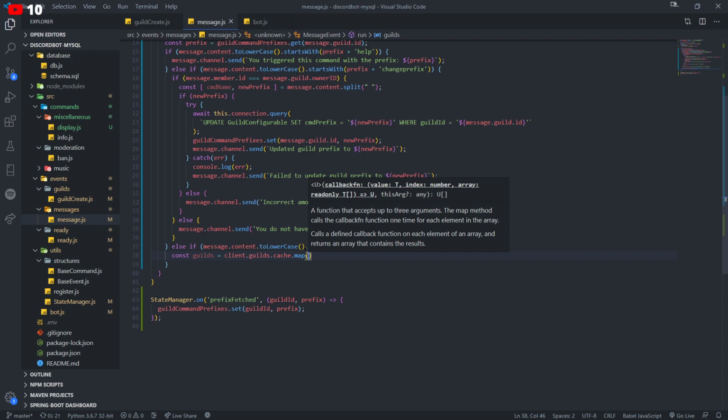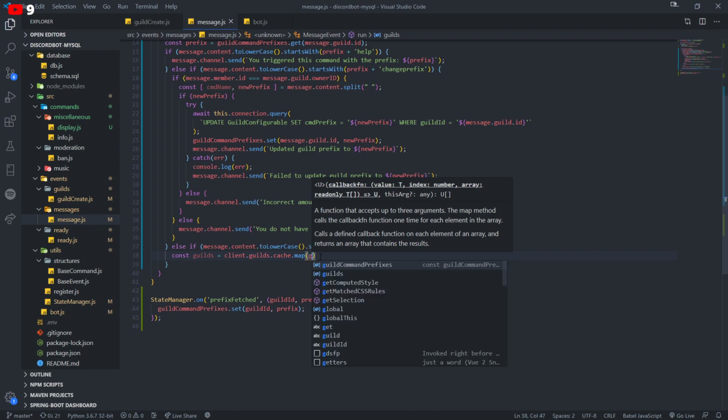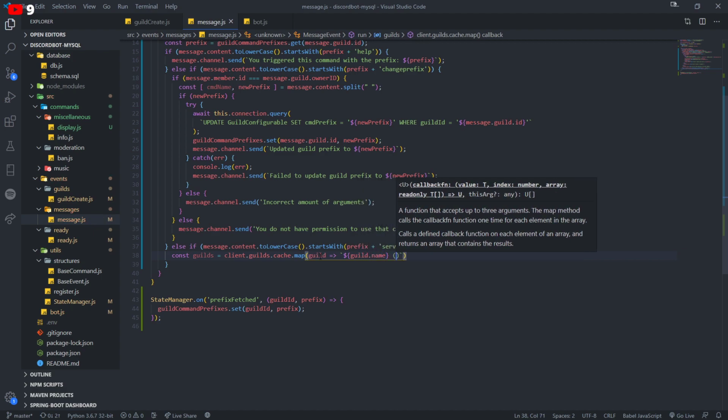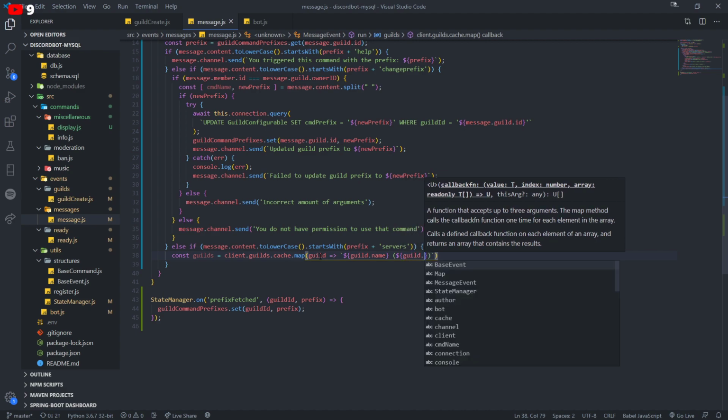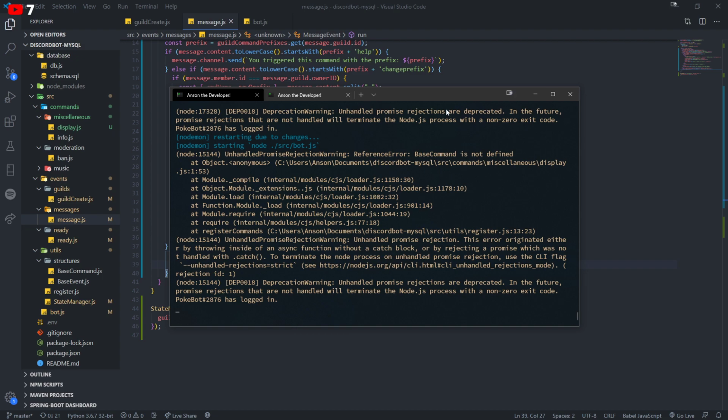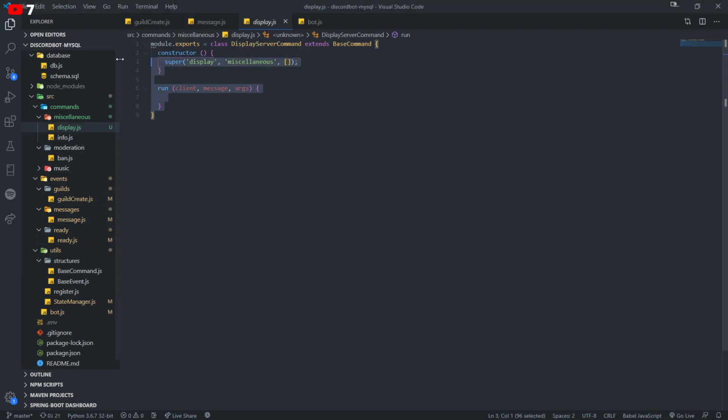So if we call .map, what this will do is transform the collection and return a new collection with all of the values that we transformed it to. So what we're doing here is going through every single guild, and what I'm going to return is the guild name and the guild ID. So this isn't really going to be super pretty, but it should give you a very simple guideline on how this works. So now if I just console log the guilds, okay, we should have a simple command set up for this. Base command is not defined. Let's just comment this part out.